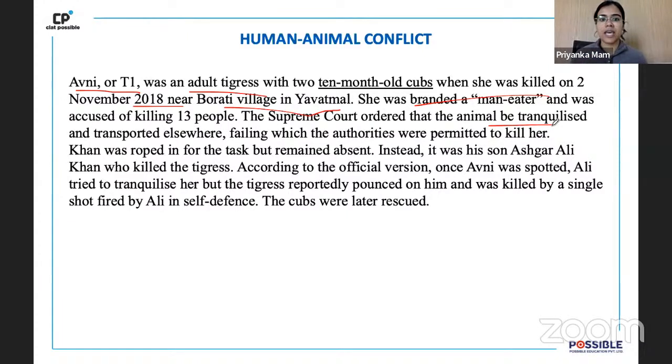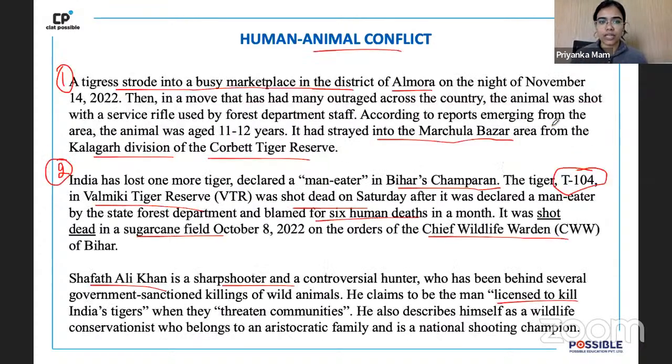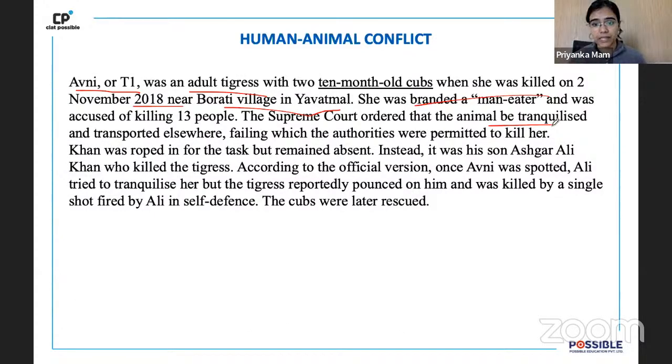The particular tigress. So apparently, the first thing is that Shafat Ali Khan was told, you will go and kill this tigress, but his son ended up killing the tigress. Okay, Asghar Ali was the one who killed the tigress. That was the first thing. Second, the point was you first tranquilize the tigress. If in case you fail, that is when you kill the tigress. So apparently this Asghar Ali says that I shot one bullet and this tigress came to attack me, and in one shot I killed her. Okay, and so that is what is the controversy, that did that actually happen? Because obviously, no one witnessed it, and if in case they did, then nobody spoke about it.